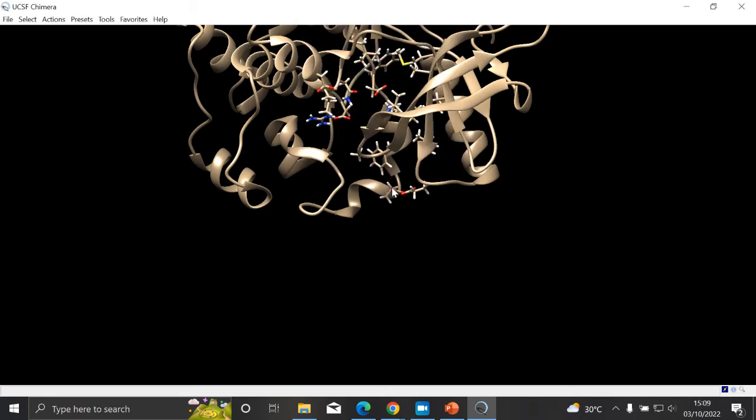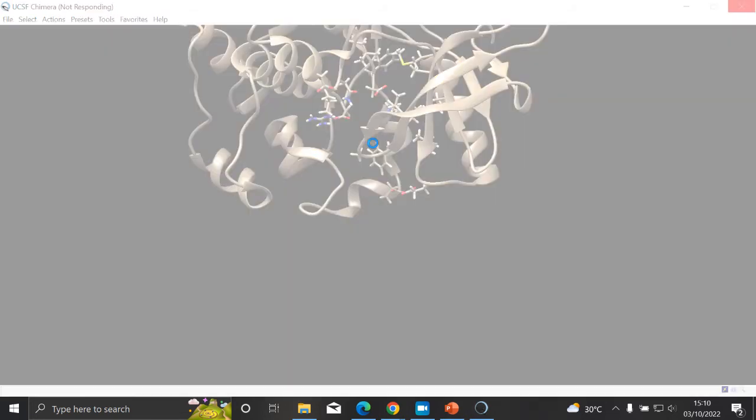So we click on minimize. If you don't have at least a good system, it will take you a little time. My system is already hanging, but it's going to work at the end of the day. So it takes a little time for the minimization to complete. It does the steepest gradient descent first. Then after that, it goes for the conjugate gradient descent. So while this is loading, I'll open